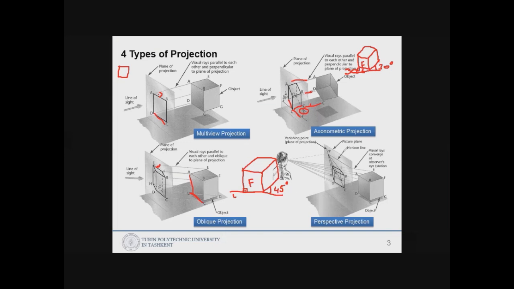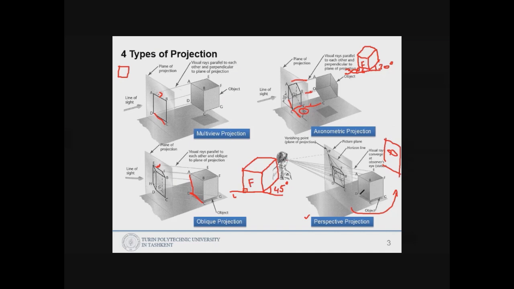So the perspective projection. In the perspective projection, we are looking from one point. So from one point we are looking at the object. Same as the multi-view projection, the plane of the projection will be the back side of the object. So everything appears here. We are looking at the object from one point, and